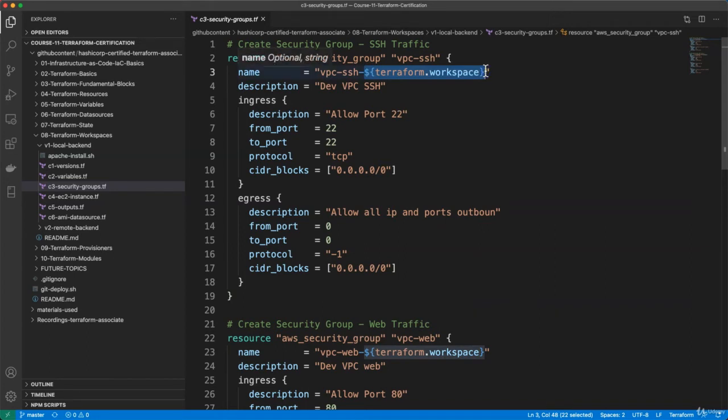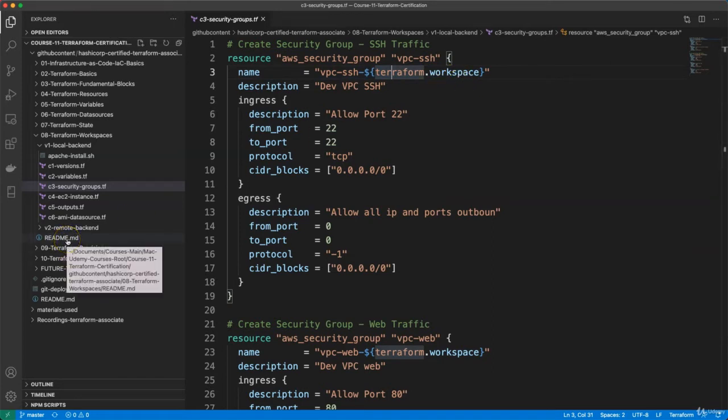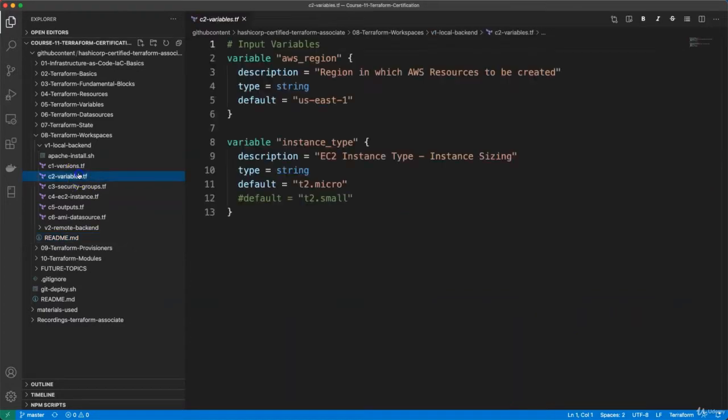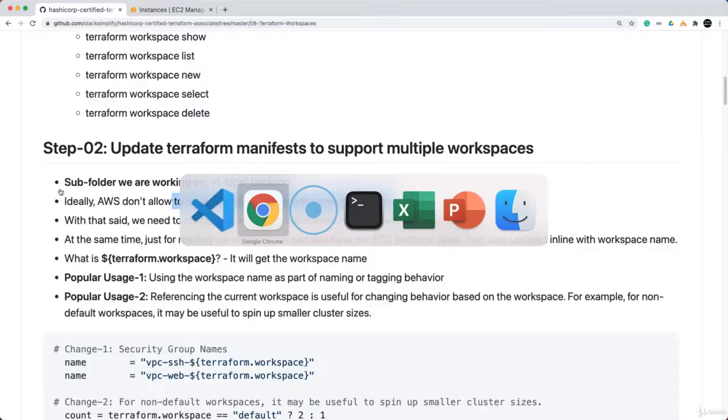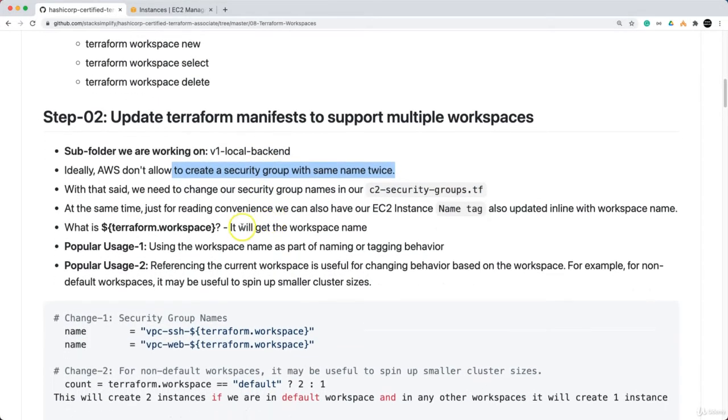And if it is the dev workspace, then you need to provide the dev workspace name here. For that purpose, there is a variable or expression, you can say, terraform.workspace. This terraform.workspace provides that information for us. Whichever workspace it is currently working in, that workspace name will be replaced here. So with that said, let's go here,